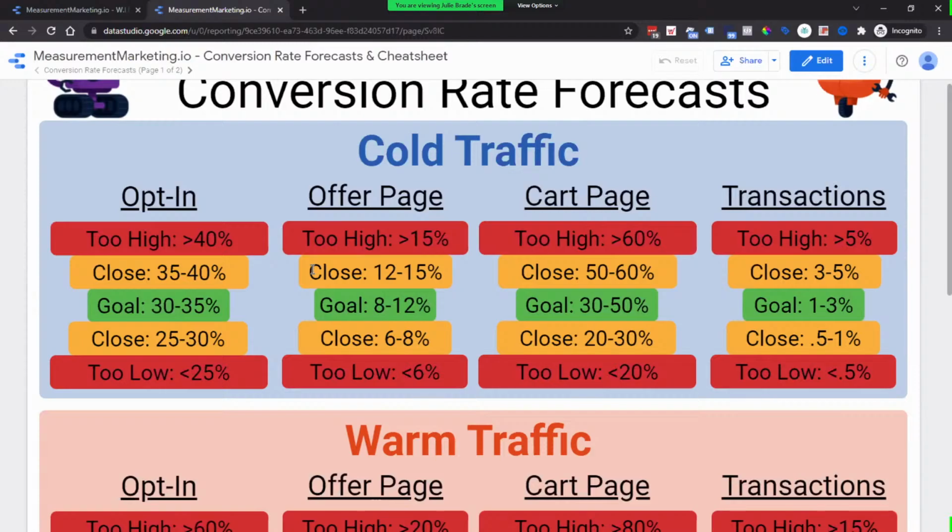And for the yellow, so what's not quite part of our goal for our offer page is we're saying between 12 and 15%, or between 6 and 8%. And so I'm already hearing the questions that you guys are asking. Well, why do you have yellow above? If they're at 12.5% or 13%, isn't that good? It's even better than their goal. You are correct. However, if you are